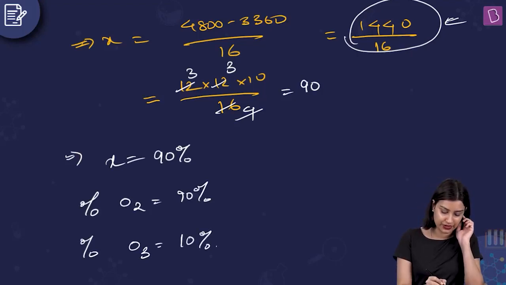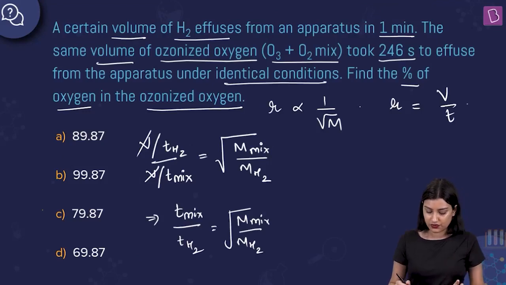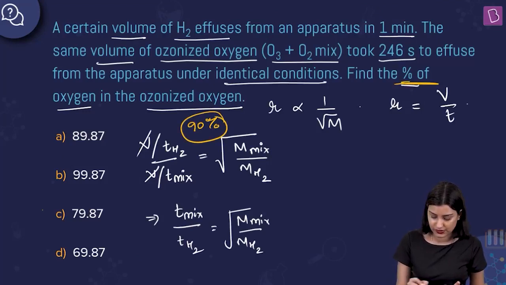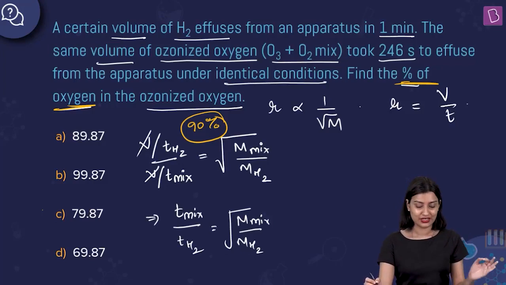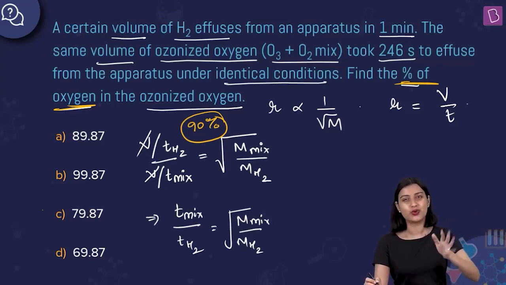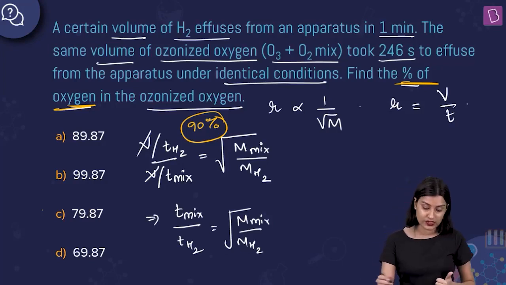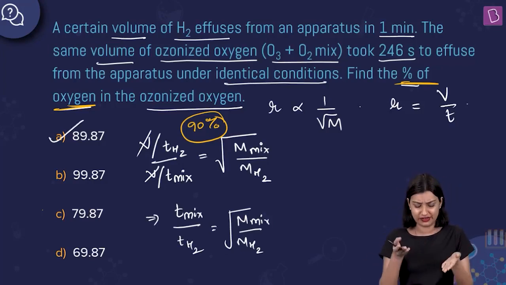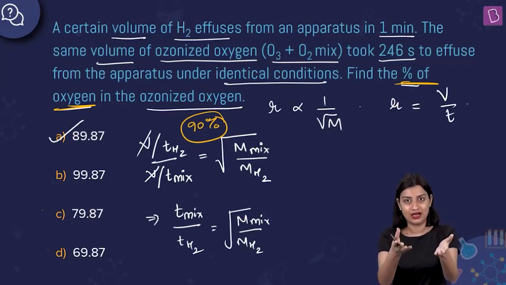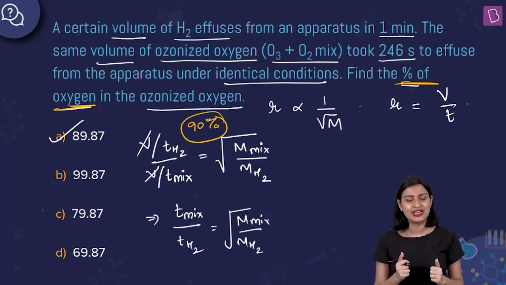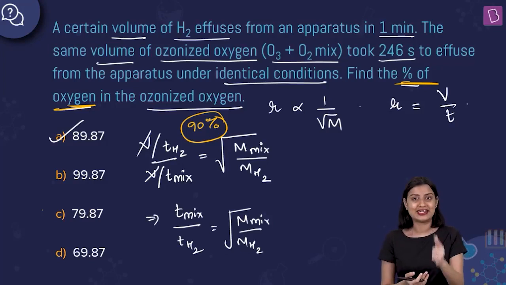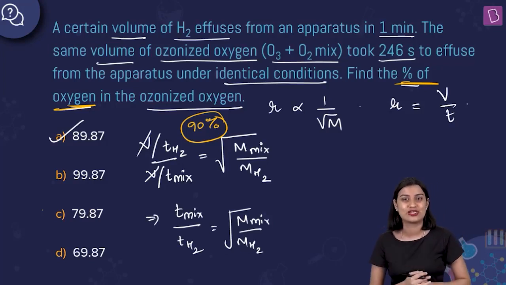This is what you're getting, right? What is the percentage of oxygen that I got? I got 90%. And they were asking for percentage of oxygen only. So that's fine. Where do you have 90%? You have 89.87. Very, very close. We didn't have to make too many approximations. So the numbers were okay, they were not very difficult. So yes, we got a close enough answer. Not even close enough. I'd say even if you get 89.87% marks, according to me, you've gotten 90%. Even according to yourself, you've gotten 90%. So yes, this is a very good number that we've gotten. So option A, 89.87 is definitely going to be the right answer to this question.